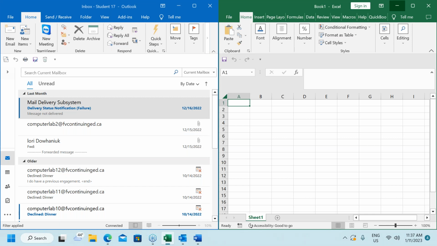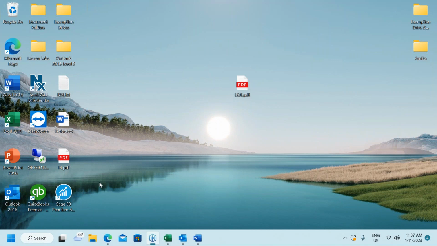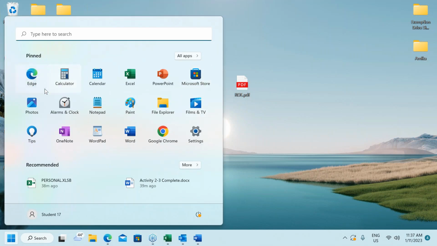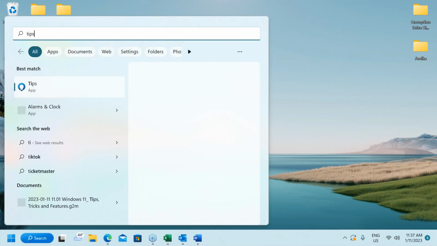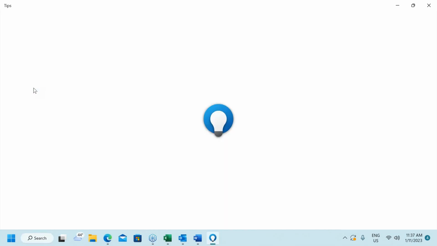Now there's a special app that is available that's called the Tips app. And this, I'll first of all show you by clicking on the start button down here at the bottom. In the pinned section, you should see something that says tips. Now, if it wasn't there, you could click up here where it says type here to search, and you can type the word tips. And you can see there's a special app called the Tips app. So if I click on that to start it,